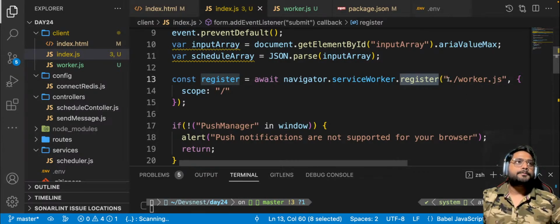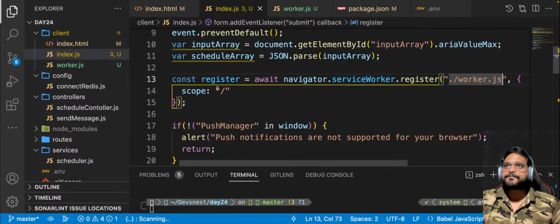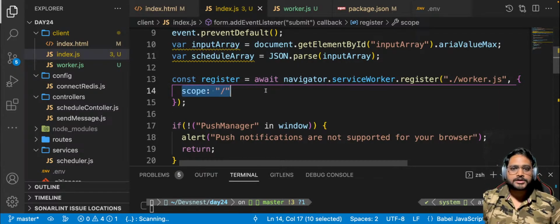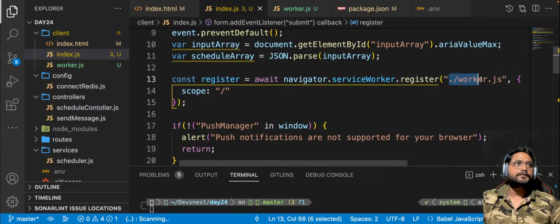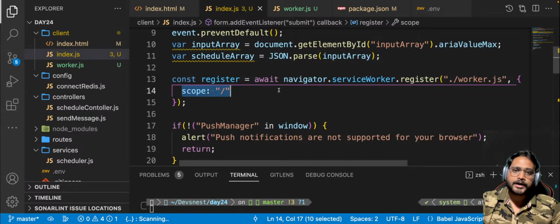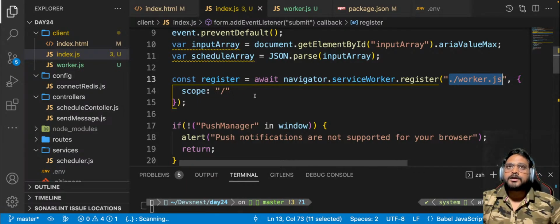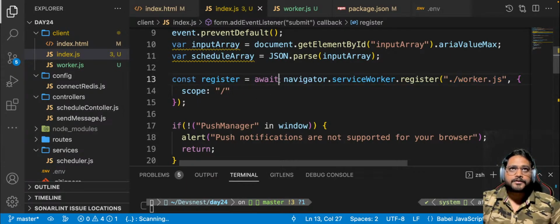So I said to run this JavaScript file in the background always. We have worker.js running in the background for us. And the scope of this is slash. Scope means that this file will only run in the background at this URL. At no other URL would this file be running in the background. So first you need to register a service worker using